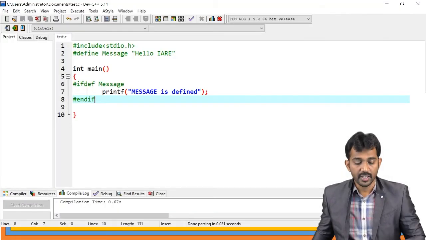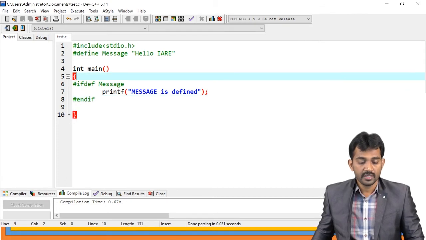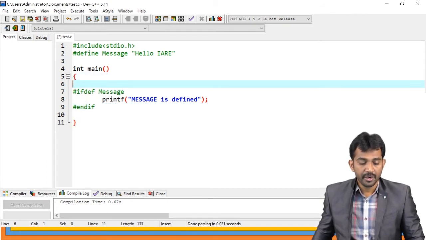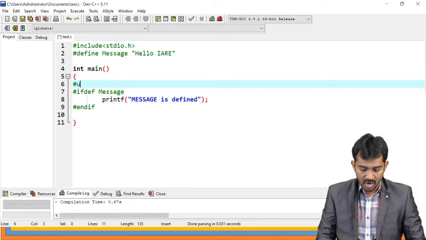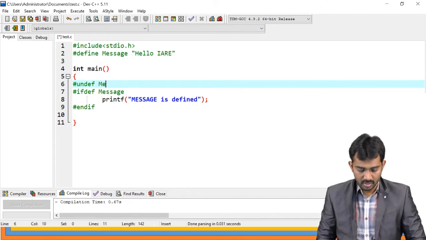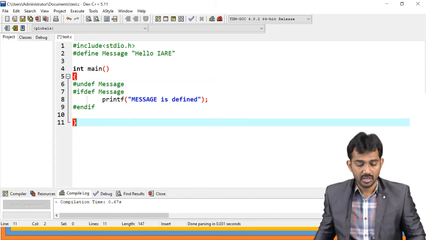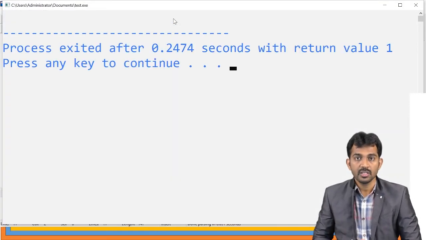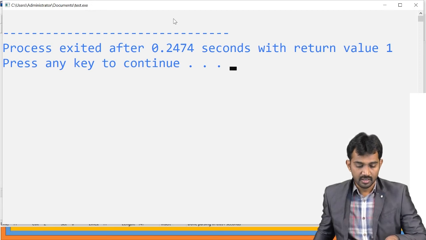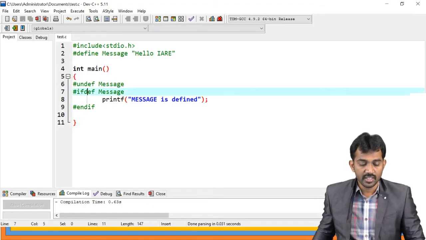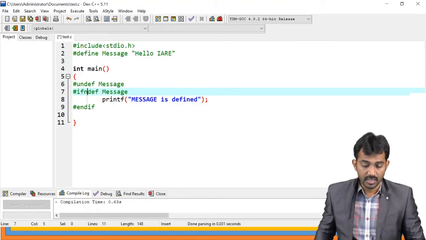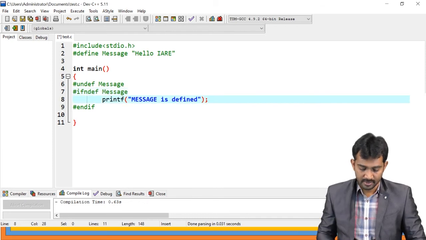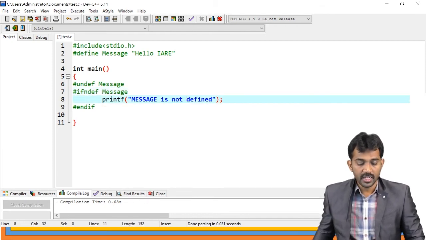Message is defined. For example, if I use #undef of message, now if you run this code, you didn't get any output because the message is undefined here, right? For example, if you want to check that one, you just use #ifndef, message is not defined, because ifndef, right?